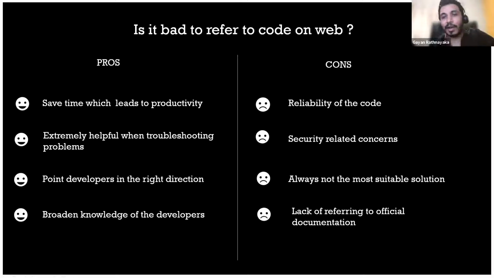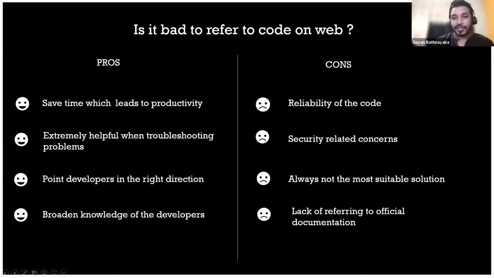So yeah, the next two are that it's not the most suitable solution, as we said. Sometimes your code might work. Assume that you have a problem and you search it on the web and you just copy and paste the answer, and it might not be the most suitable solution, but since it's working, you just go with it, right? Because you know the golden rule: if something works, don't touch it, right? I think that's also not a good practice. Always try to find the most optimum or suitable solution.